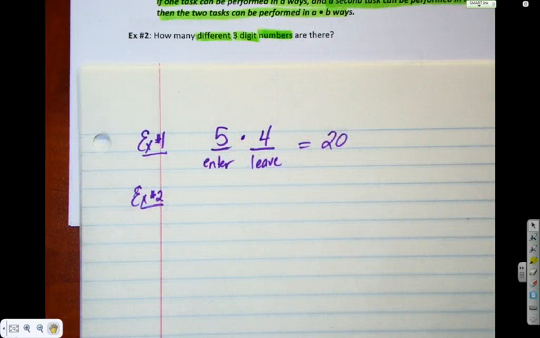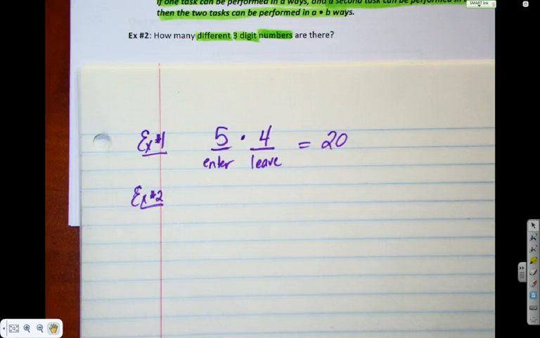What's a digit versus a number? 3 digits is like 100. Kate, what's the difference between a digit and a number? A number has a value. Numbers can be more than. Numbers are infinite. So a digit is one number. A number can be made up of multiple digits.